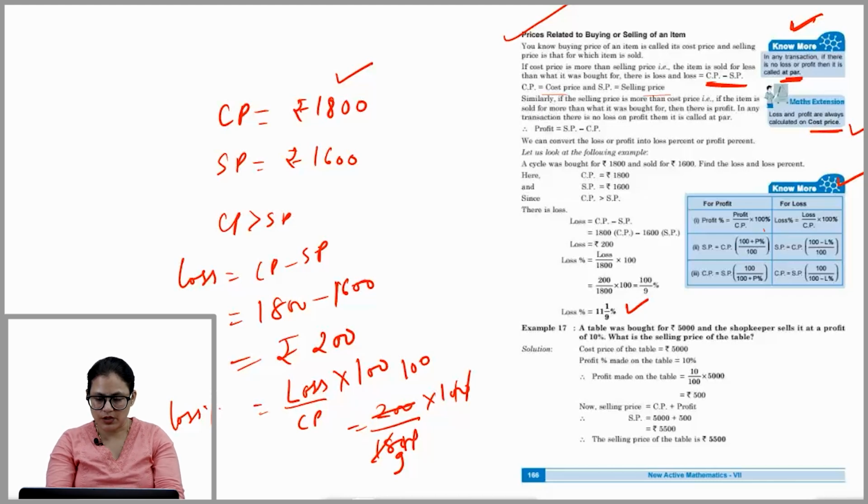Okay, SP is equals to CP, then in bracket 100 plus profit upon 100. And then SP is equals to CP, if we have to find the SP, in bracket 100 minus loss percent upon 100. And then third, CP is equals to SP, then in bracket 100 upon 100 plus profit percent. And if you have to find out CP, then CP is equals to SP into 100 upon 100 minus loss percent. Okay,